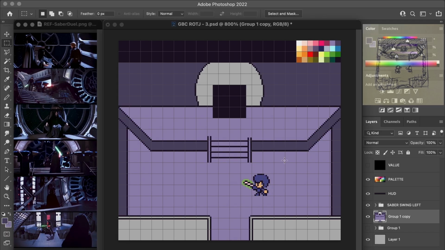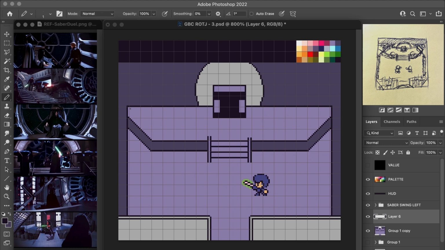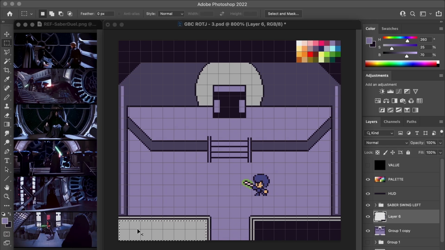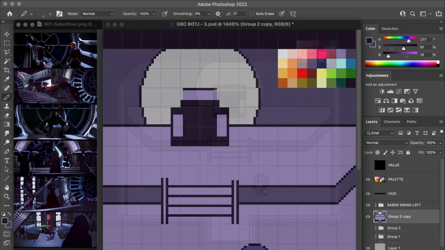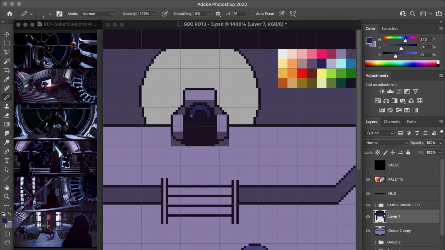For this one, I made a little thumbnail sketch on a post-it note to try to find that layout. So here I've just been translating that into this pixel version, using the grid to find a good balance to everything. Something that made this one quite efficient was that I really leaned into the symmetry of the room. I think it's pretty much how it is in the film, and it seems like kind of an imposing layout for this setting too. So in my case, everything kind of centers around the Emperor's position along the center line